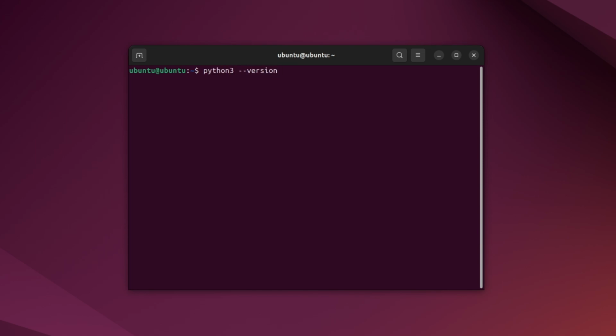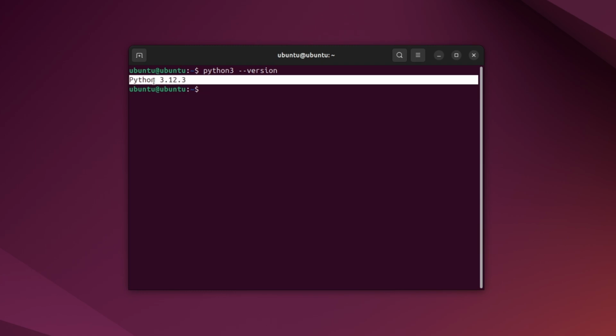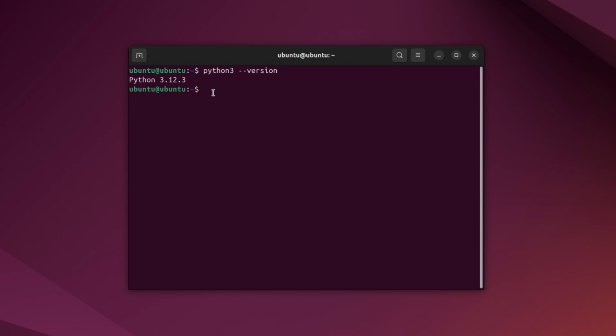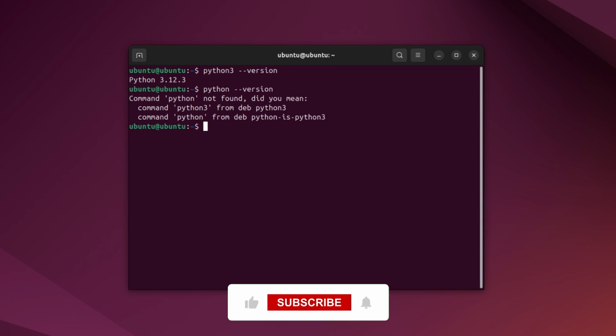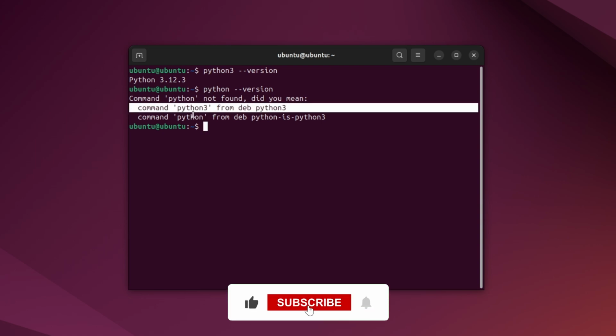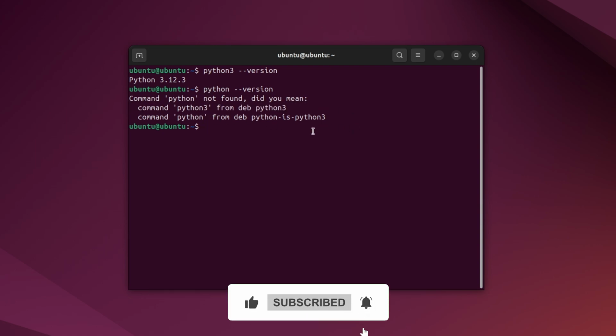python3 --version. This command will show you the version of Python 3 installed on your computer. If you want to check the version of Python 2, type this command instead and press Enter. python --version. Most Ubuntu systems come with Python 3 by default, but some older versions may still have Python 2